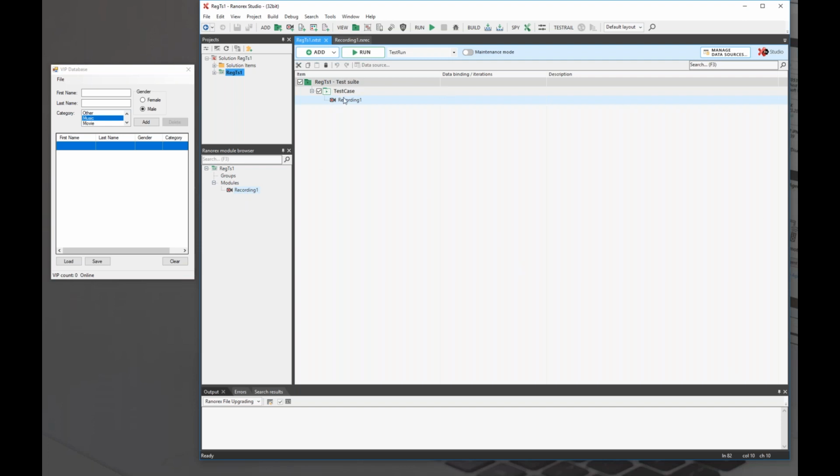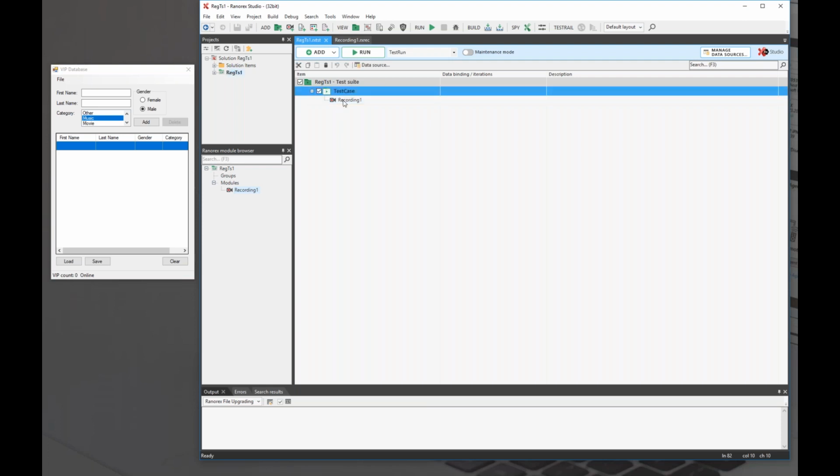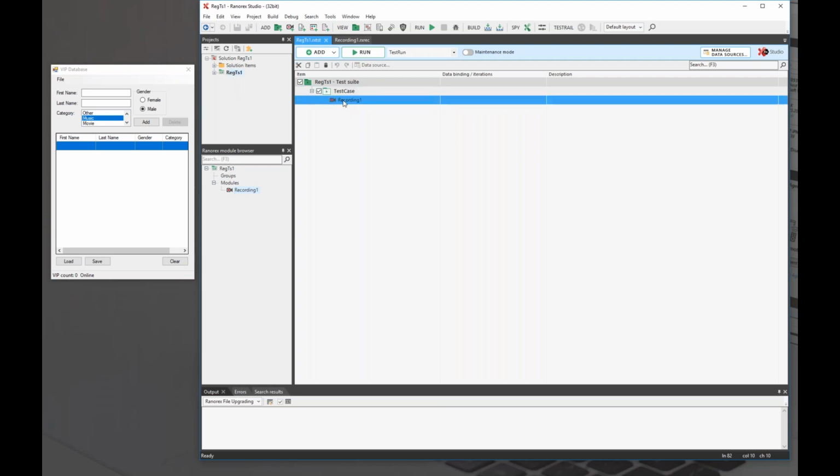Usually you have test management software. I believe a lot of TestRail clients are participating in this webinar, so you are familiar with the test suite concept. We actually have an integration between RenderX and TestRail. So the test suite of TestRail and the test suite of RenderX have a very similar concept. Then you have test cases, and then you have the automation unit, or modules as we call it, right? So if I double click that,